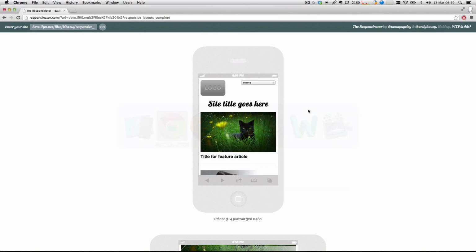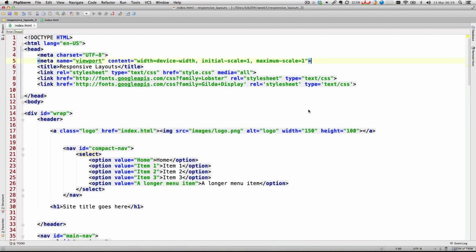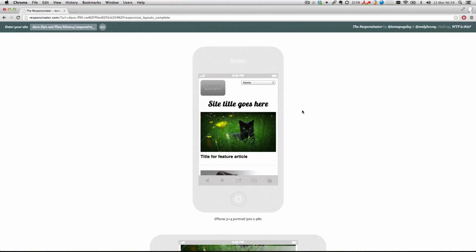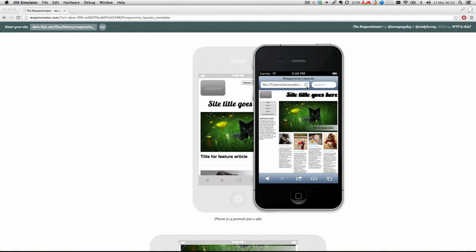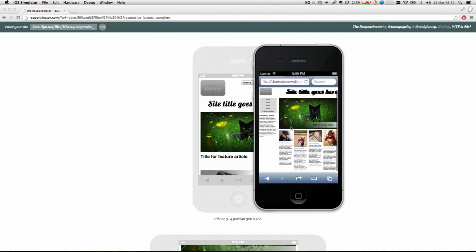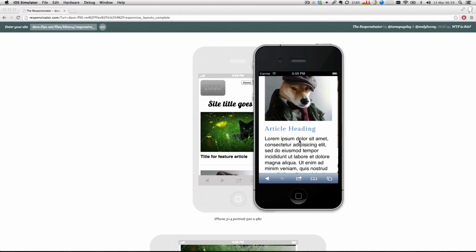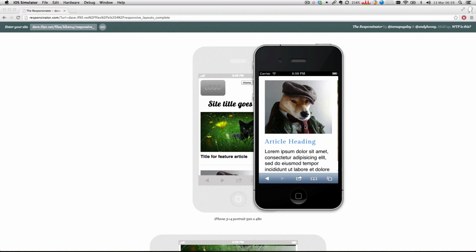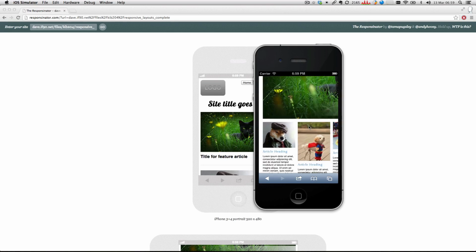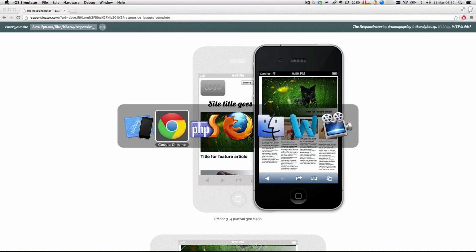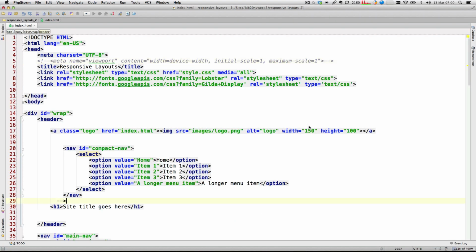Now, just to prove that I'm not having a go, let's take it out. Fresh. Okay, right, so that's what it looks like by default. We get it's creating a virtual viewport of like, I don't know, 900, 1,000 pixels or something, and going, just fit it like that, and then if you want to look at something, you double click and you zoom to it. And that's a pretty good way of getting around browsing large websites in a mobile context, but we want our layout to take effect,